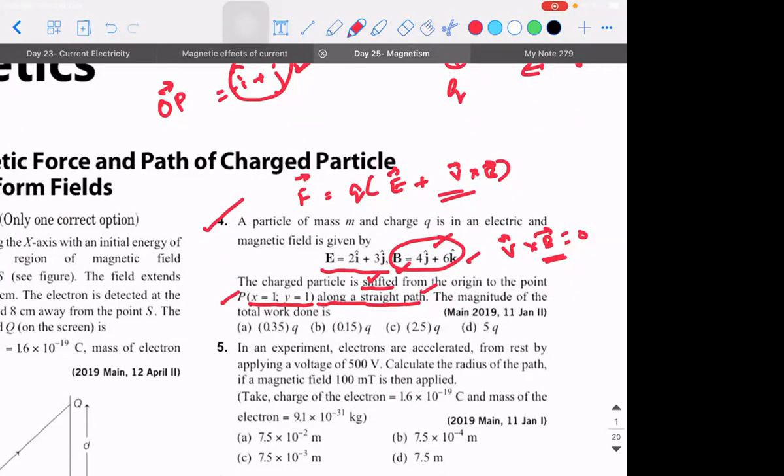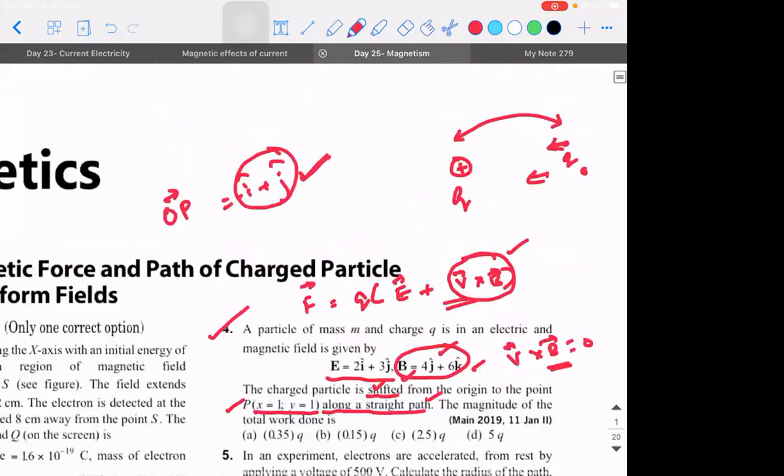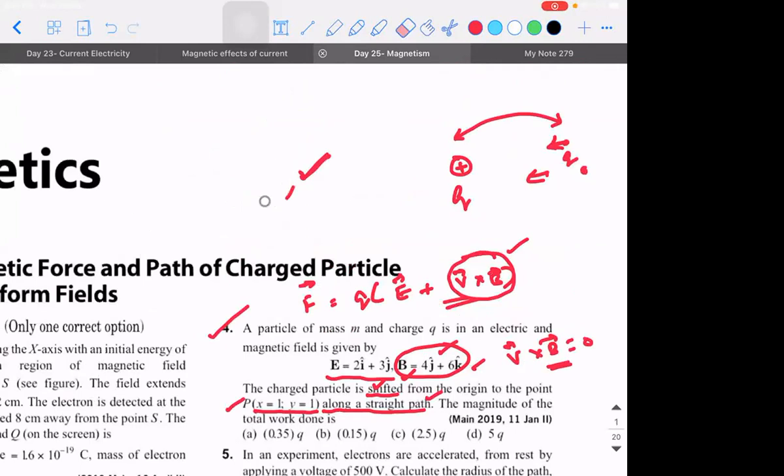If that is the case, then our justification is validated that v vector cross b vector is 0. So the only force existing on this particle is due to the electrostatic field. Try it that way and tell me what answer you are getting. For that, since the force acting on the particle is q into E vector, correct? We will calculate the small amount of work done. Small amount of work done is equal to F vector dot dx vector.